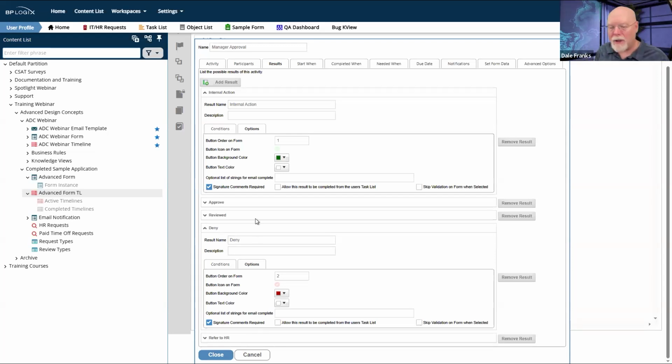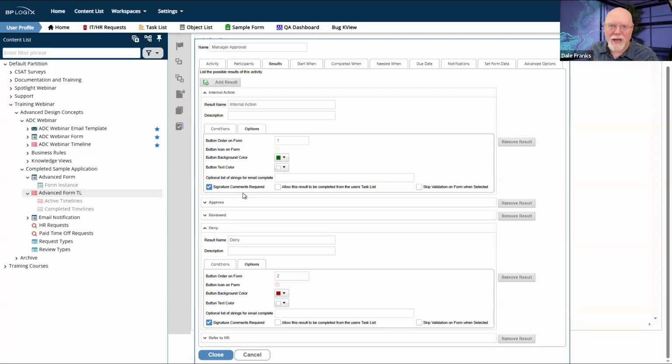So the signature comments required really enables you to force the approver to explain themselves to anyone who has access to manage the process, so that there is some transparency about their decision making. One of the reasons why we talked about signature comments when we looked at it on the form is because I need to know what your justification is for doing something usually unusual.